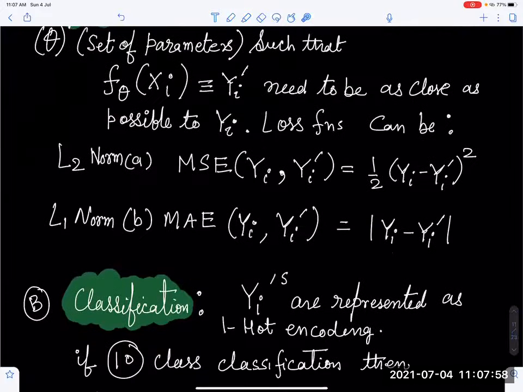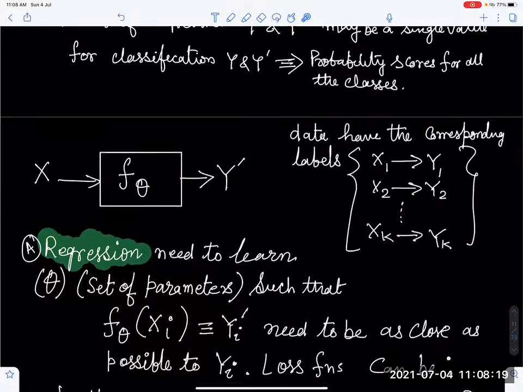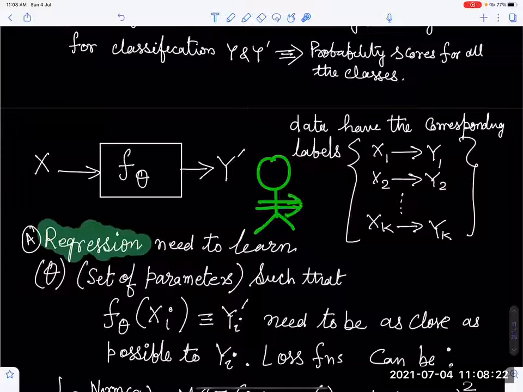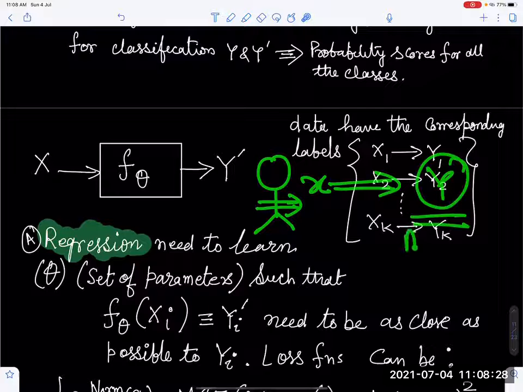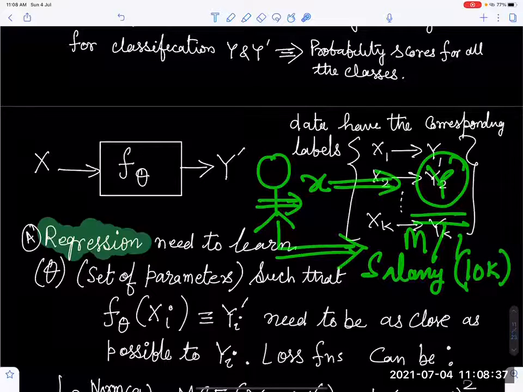Prof, just one question. Is the ground truth the label of the raw real data, or is it the real data? No, it's the label. You need to tell that if this is my x, then what is its ground truth y. Whether it's male or female, if you want to solve that, or if I wanted to predict the salary, then for each and every data point, you need to know that his salary is 10,000, his salary is 20,000 and so on. Got it. Thank you.